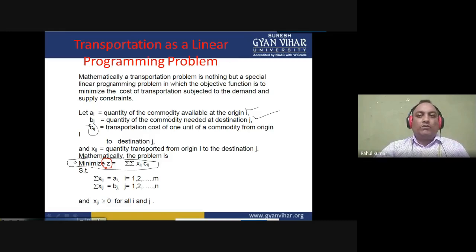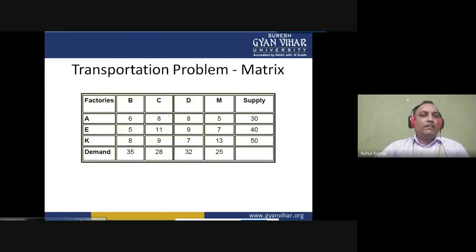So move to the next slide. Here, this is one matrix. This type of problem is called a transportation problem of matrix type. Or we can say that this is a model of one question, and this question you can solve with the help of the Vogel's approximation method. This is called VAM, and then the MODI method. These give the feasible solution, and the MODI method gives the optimal solution. First one is here.